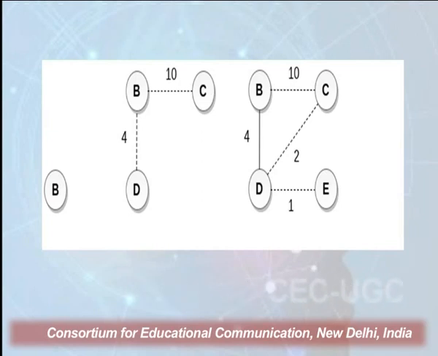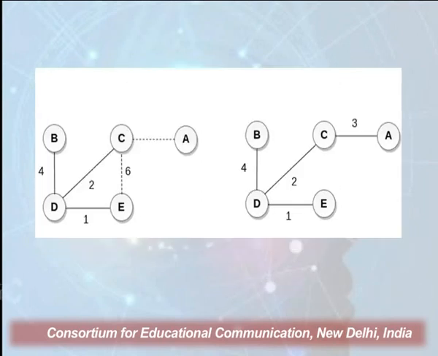So we are at point D, and from point D we have two edges joining this vertex set to another, and these edges are DC and DE. And obviously as we are talking about a greedy algorithm, we will be choosing the minimum one. So the minimum one is DE. In the next step, as you can see, we have chosen DE. Now, the minimum among all the available choices is DC.